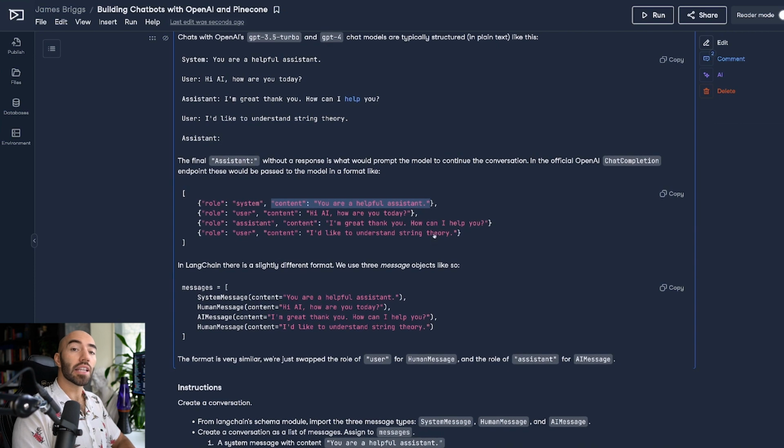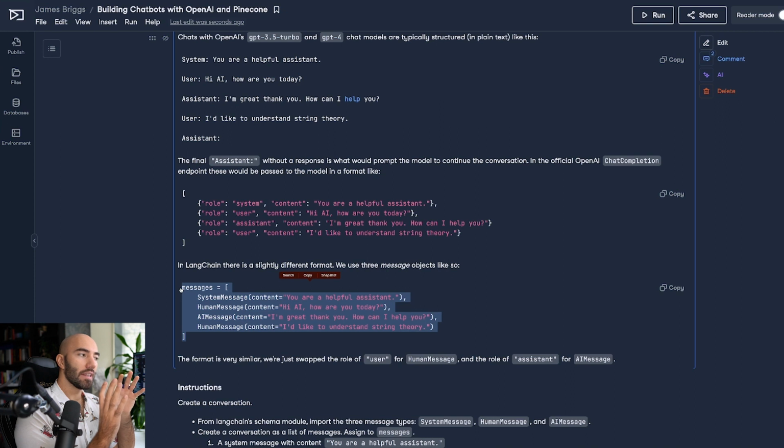In LangChain, there's a slightly different format. They have a further abstraction, and the idea is that you can switch between different chat models, not just OpenAI but other chat models as well, and use the same structure.